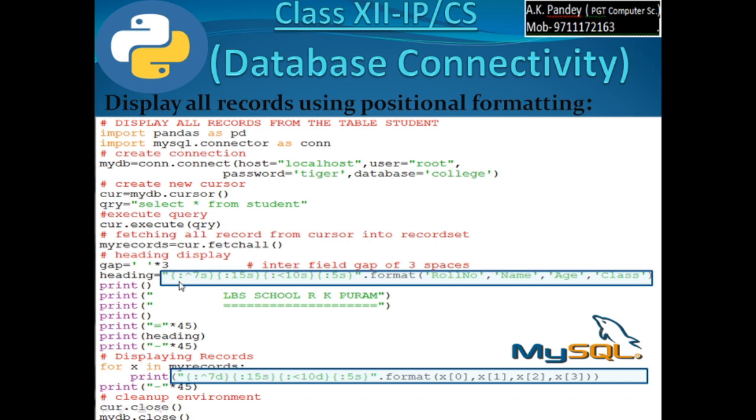First of all curly bracket में आप colon, then formatting characters within curly bracket colon for second element, for third element, fourth element, colon, then formatting characters, then inverted comma close करने के बाद dot format, then in the same sequence the elements or data items or literals which is to be printed, that will be separated by commas in the order of this format.